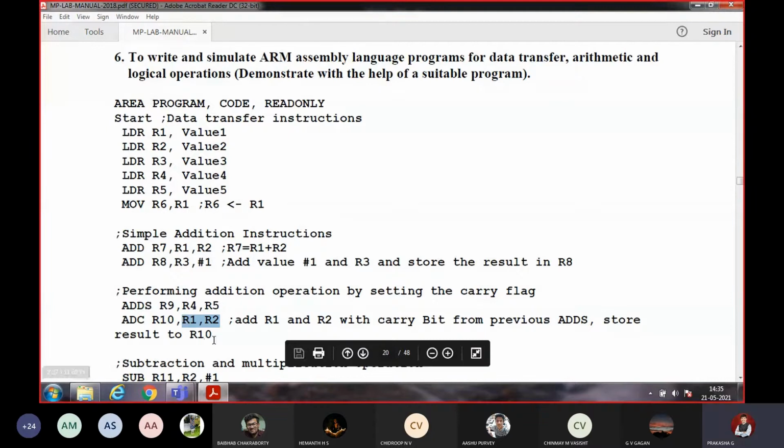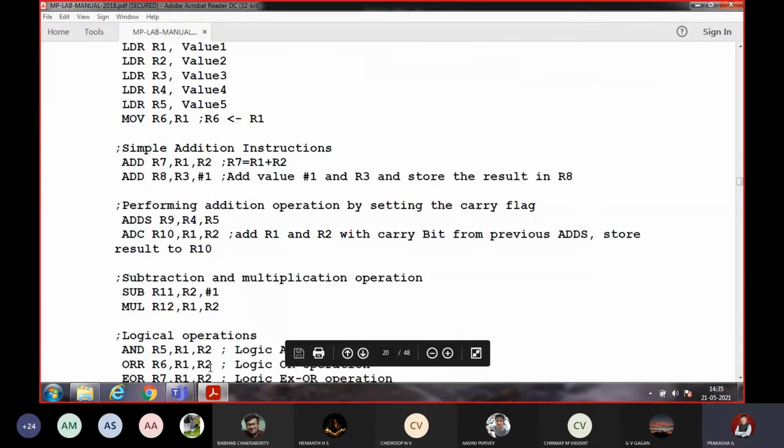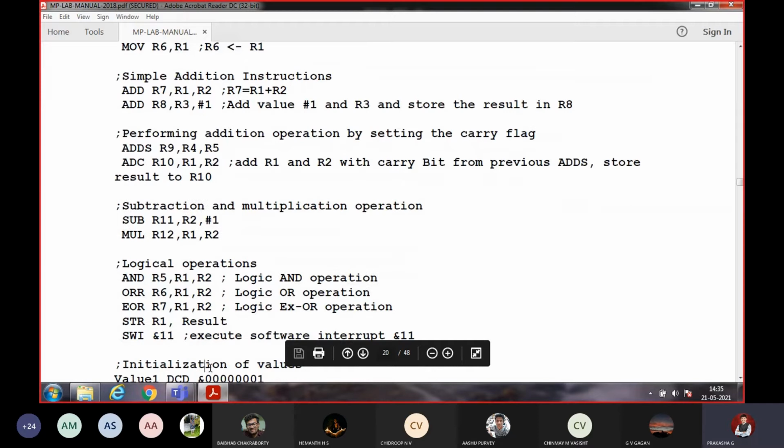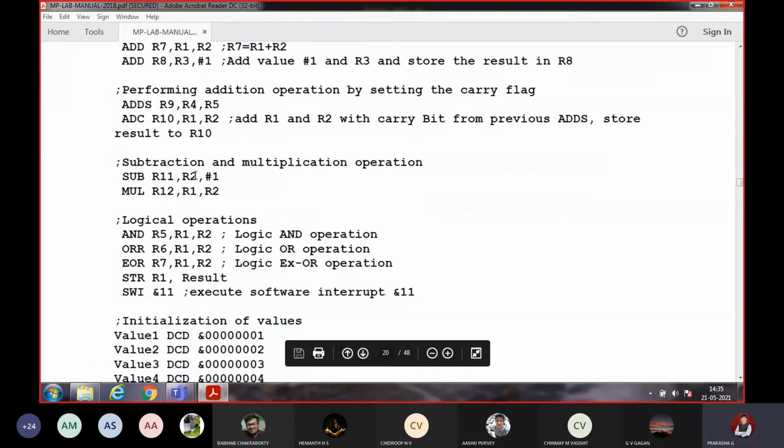Next, subtraction instruction. One more addition, there are arithmetic instructions. Subtract: 1 is subtracted from R2. R1 and R2 are multiplied and stored in R12, because they have used all the existing registers in this case. Here, logical operations: AND R5, R1, OR R6, XOR, STR,